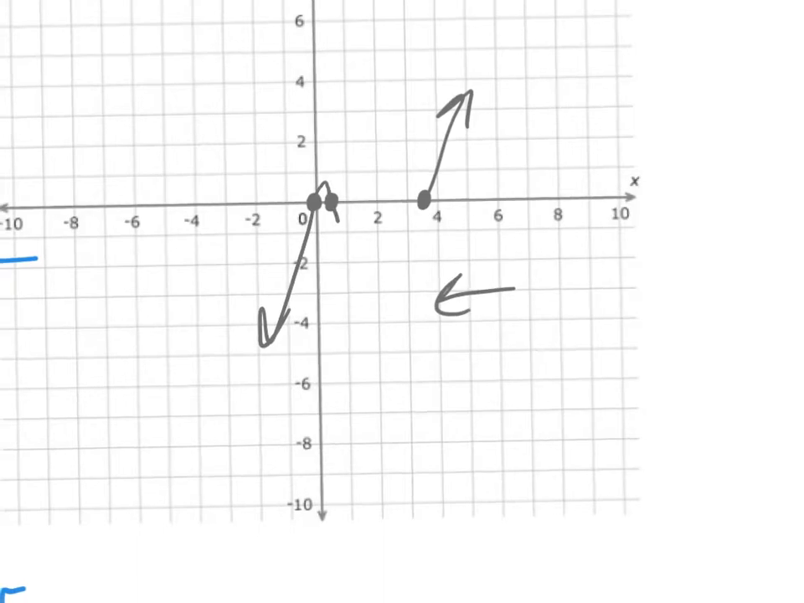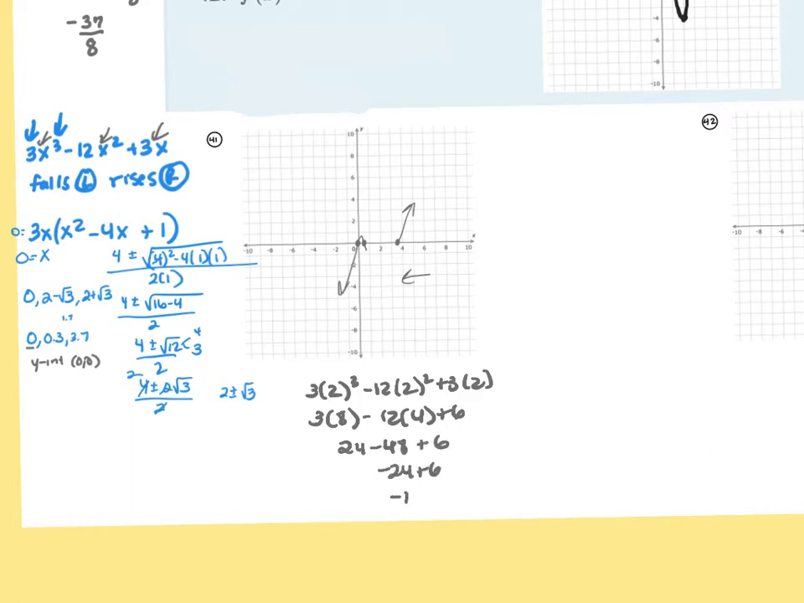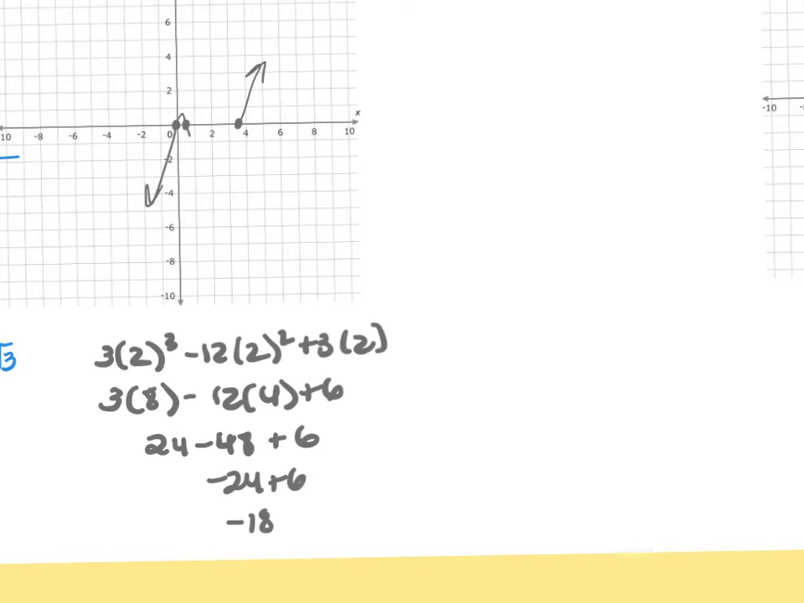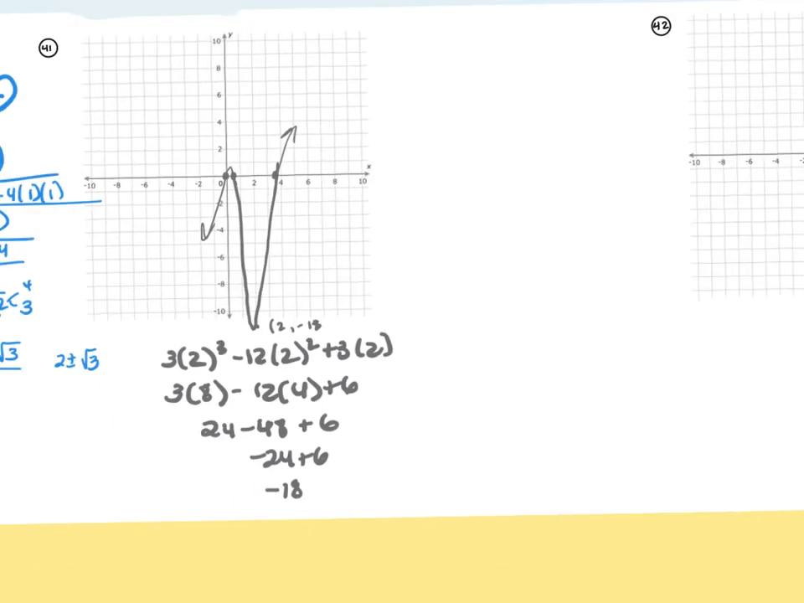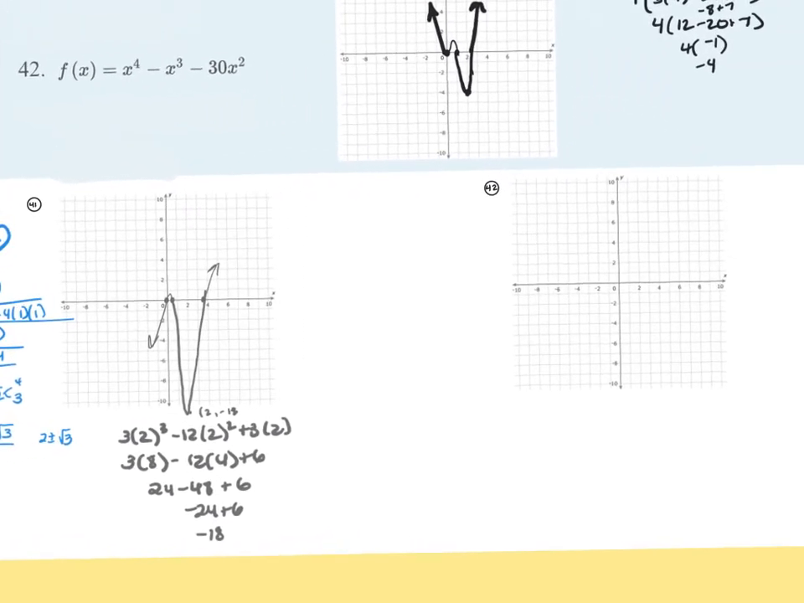I don't know how low here, so I'm going to plug in a 2. So I'm just going to mark it because that's really low and it's off my graph down here. And I'm going to say 2, negative 18. So this is going to come all the way down here, come back up and cross through at that 3.7. Okay, last one is